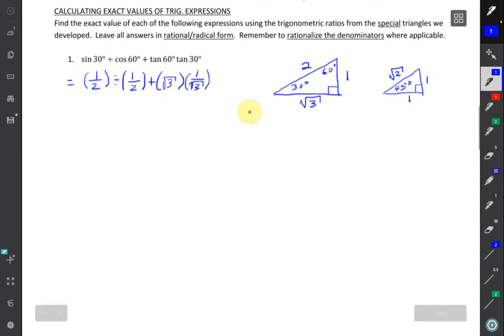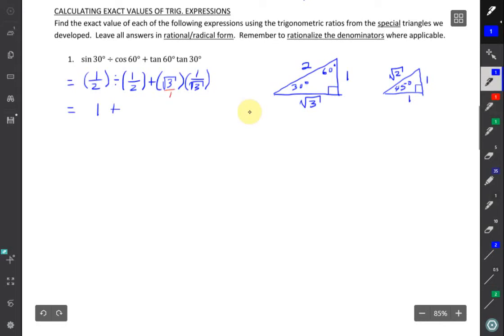Then what we need to do is simplify these, and we need to use our skills with radicals and fractions. Also BEDMAS, or order of operations. So 1/2 divided by 1/2, that comes first before this plus that's next. So that's 1 plus, and then root 3 times 1 over root 3. Well, this root 3, remember, has a 1 understood, and when you're multiplying fractions, you multiply the numerators and the